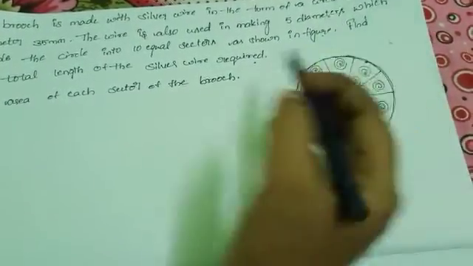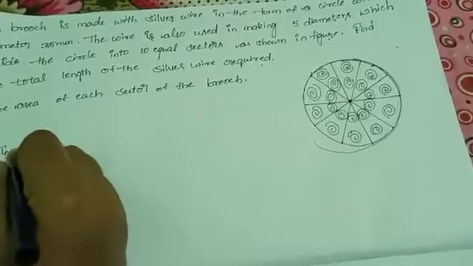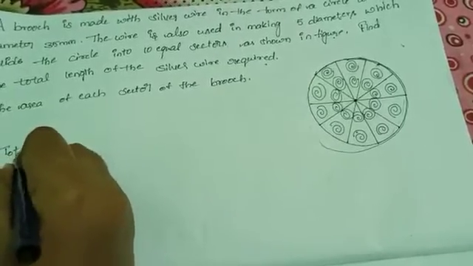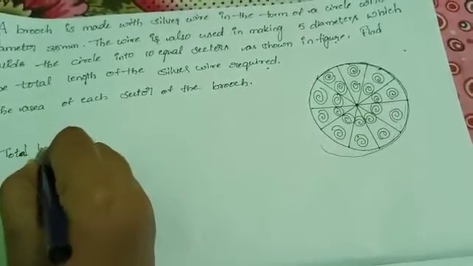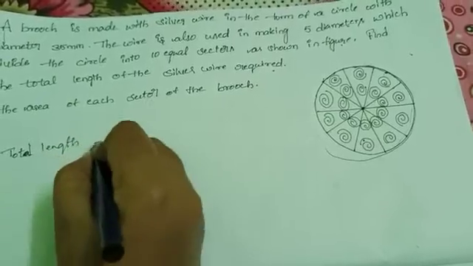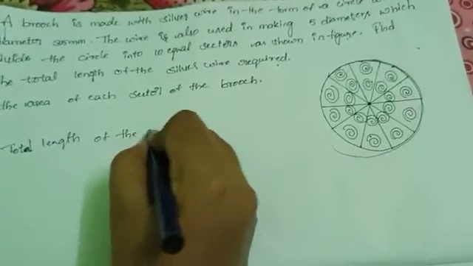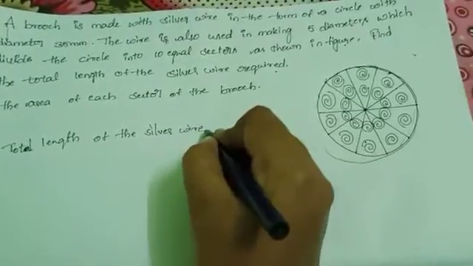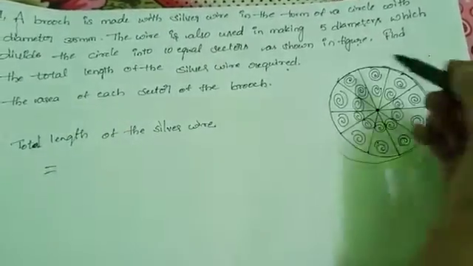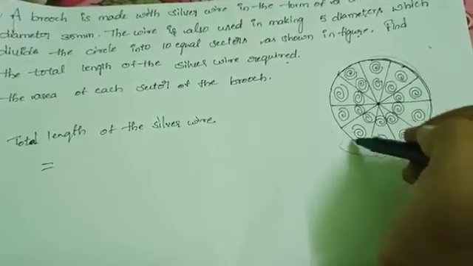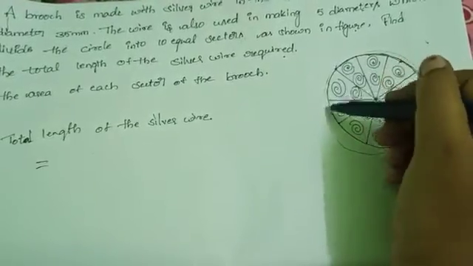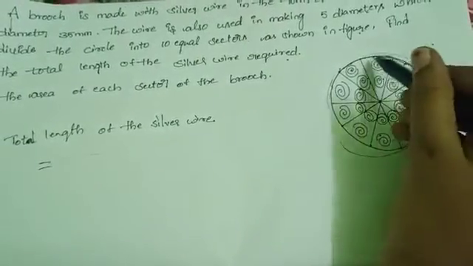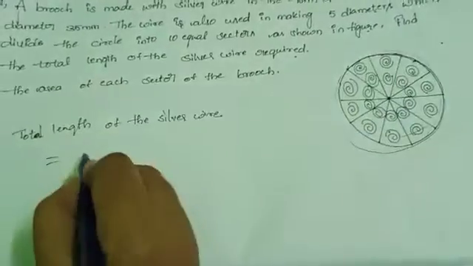So the total length of the silver wire is equal to the outside, which means the boundary of the circle, nothing but the circumference of the circle,